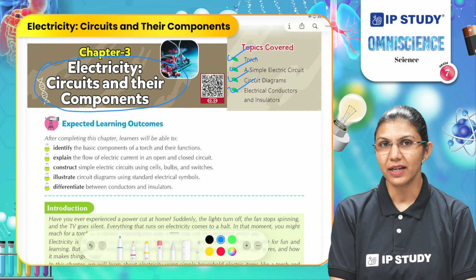So in this arrangement, where the cells are arranged in series by connecting their positive and negative terminals, a battery is prepared. Here we can see that a battery can have a minimum of 2 cells or more than 2 cells. We can arrange as many cells as required to increase the strength of a battery. When I say increase the strength of the battery, it means we are increasing the power of the battery.